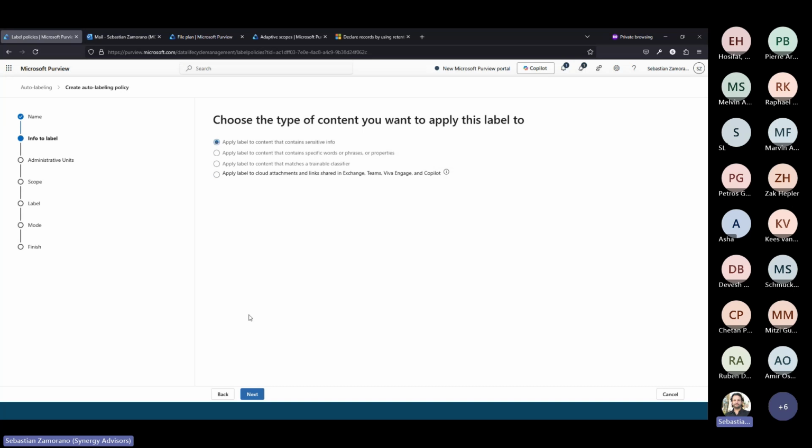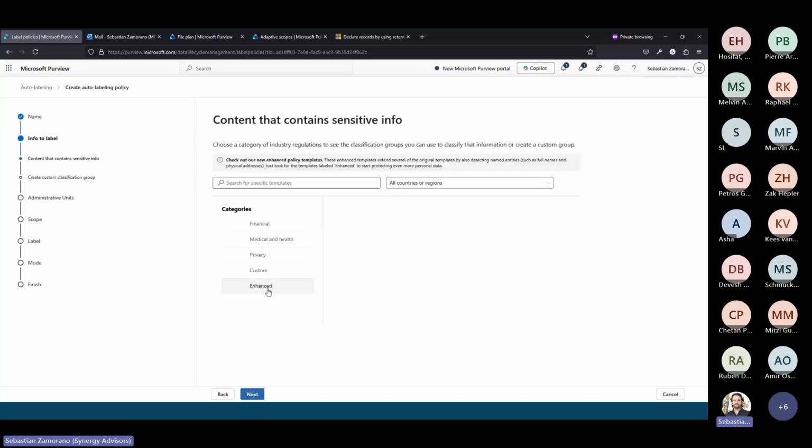Let's go through sensitive information types. We can set